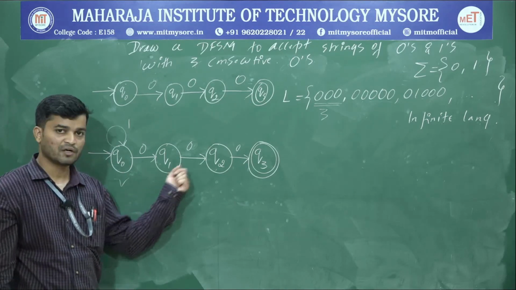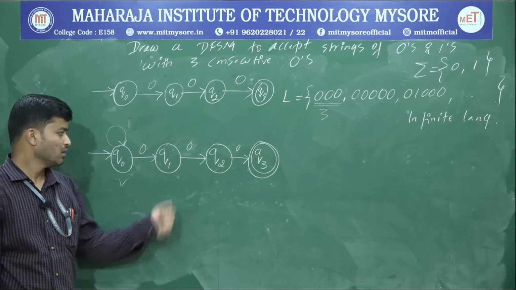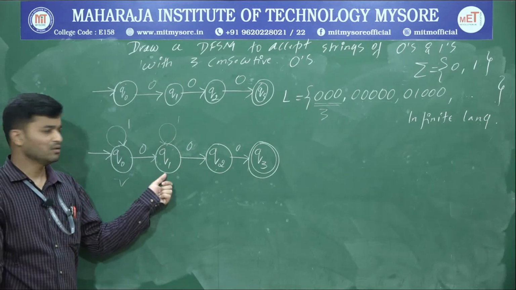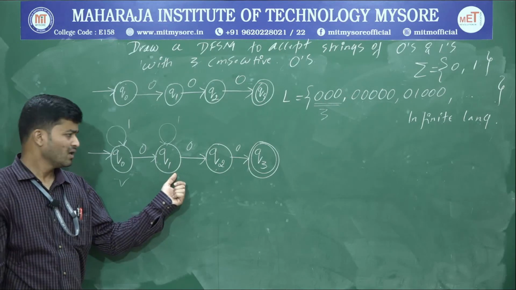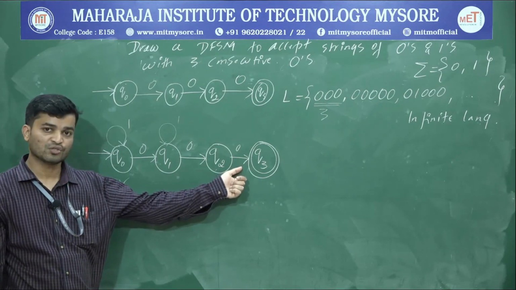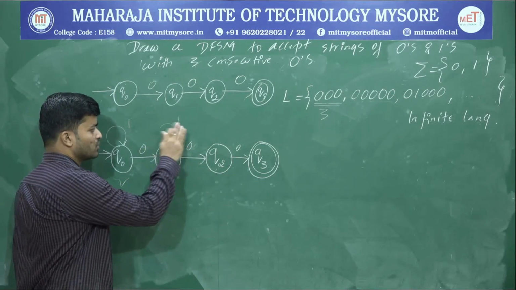Okay, now go with Q1. There's already a path for 0. Now to build the path for 1. So if I write a loop upon 1, what will happen? 0, n number of ones, 0, then I'm going to have n number of ones, then it is going to accept 0. Okay, I'll get 3 zeros, 3 consecutive zeros. Therefore, loop upon 1 is not a valid option.